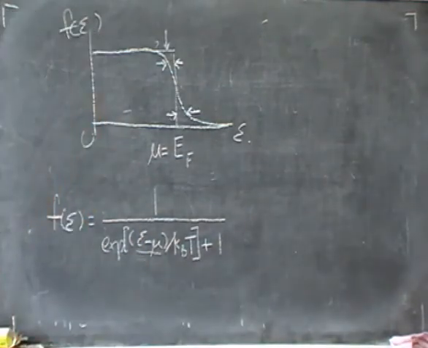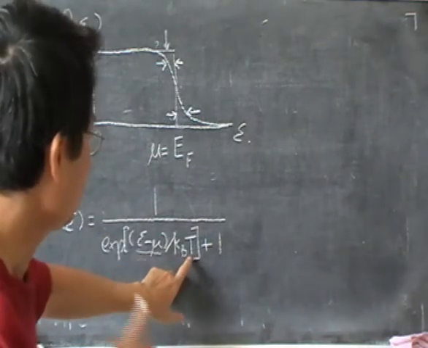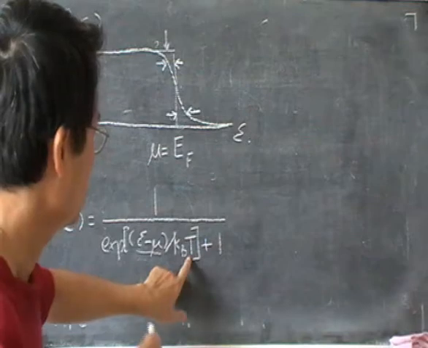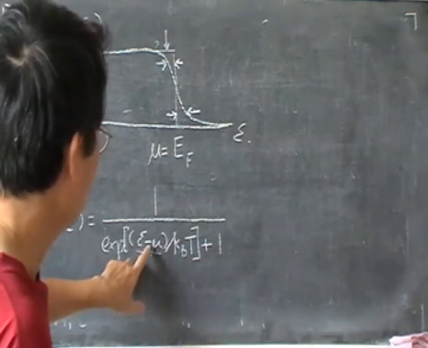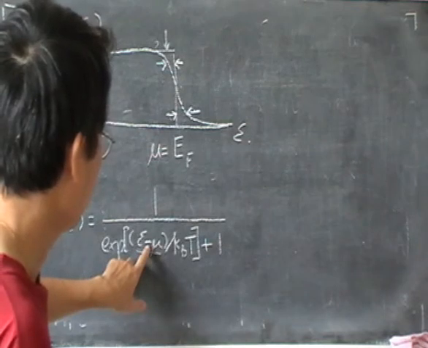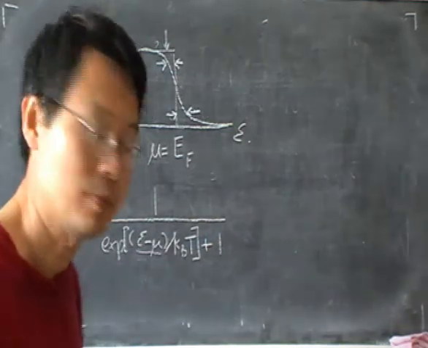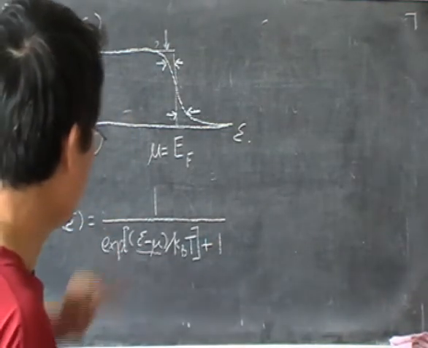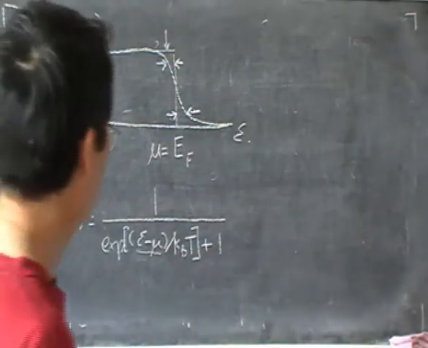Alright? Now, since we are assuming that the temperature is small, then when this expression becomes negative, the exponential will quickly become quite small. So therefore,